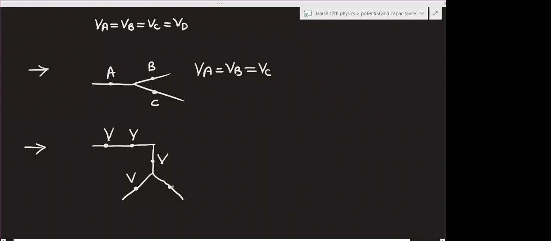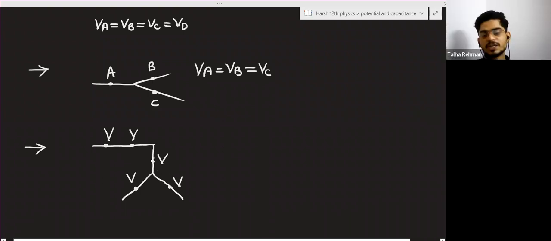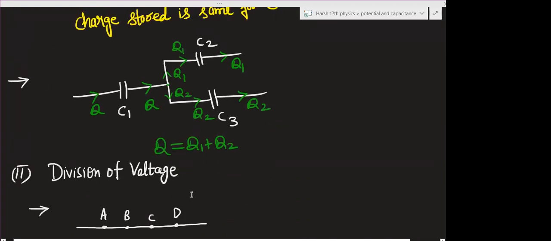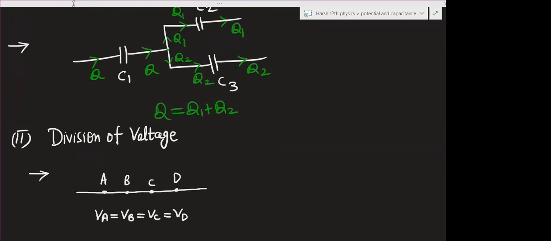Potential is not affected by branching. It is only affected by the resistor or capacitors. So I am writing here